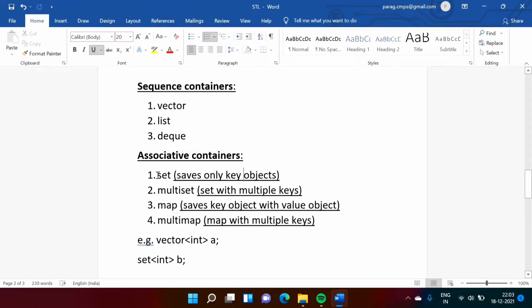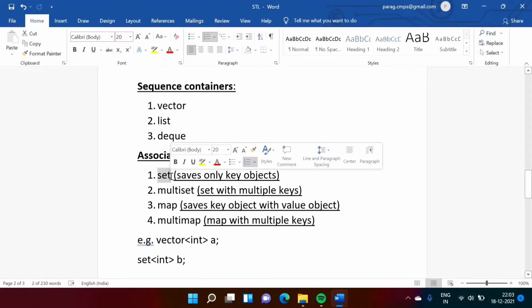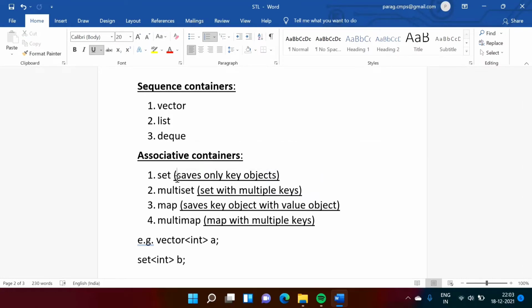There are some specialities or features of the set. Data is saved as a binary search tree, so internally it implements a binary search tree. Then data is sorted, so all the data saved in the set is sorted. Then we cannot modify any data.